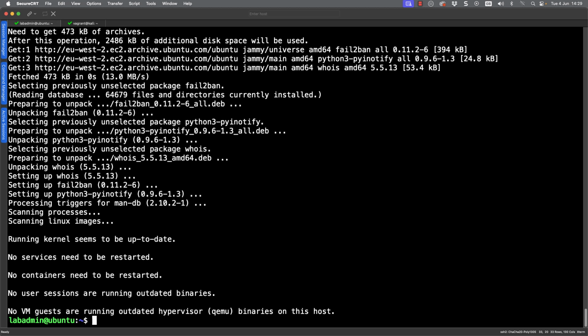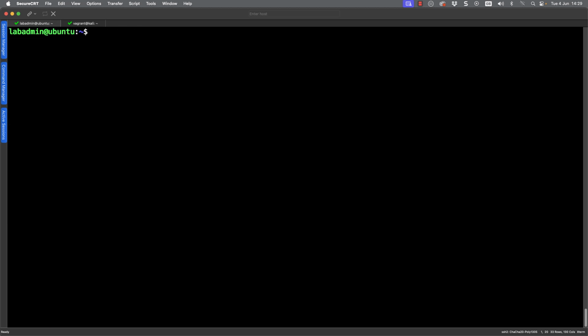So having installed it, we do need to set up something called a jail, looking at which service we want to try and protect. So clearing my screen and then just running sudo and vim, but remember you can use any text editor, and taking a look at /etc/fail2ban, and when I do jail dot, if I use tab completion, we've got the main configuration file, which sets all of the defaults, but I've got the jail.d where I add in my own configurations, and I'm going to create a configuration called sshd.conf.